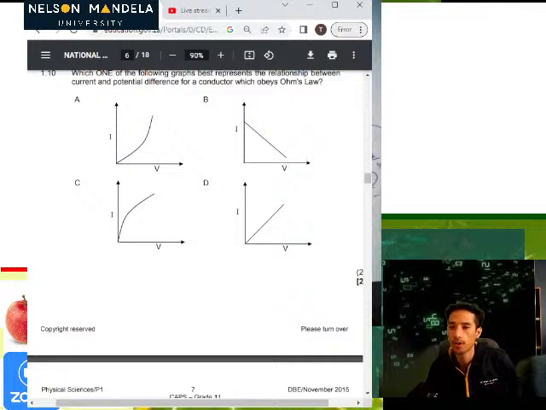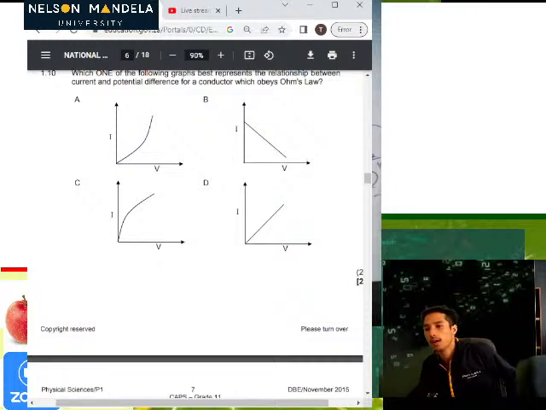Which one of the following best represents the relationship between current and the potential difference for a conductor which obeys Ohm's law? Ohm's law tells us that for an ohmic conductor, which is one which obeys Ohm's law, that means that